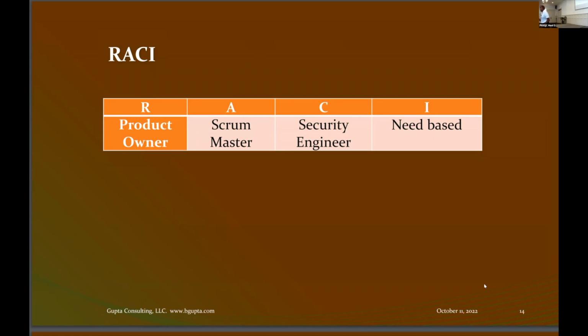The accountable person will be the Scrum Master. Right? The Scrum Master is the one who gets your work going. So in this particular case, a Scrum Master would be your accountable person, and the consulted person would be the security engineer, because you want to make sure the right security controls are in place. So your security engineer will guide that, and whoever needs to know would be informed. So somebody in the development group might ask, hey, how are we doing with this story? They may be informed that, yes, we now have the acceptance criteria already. Okay.